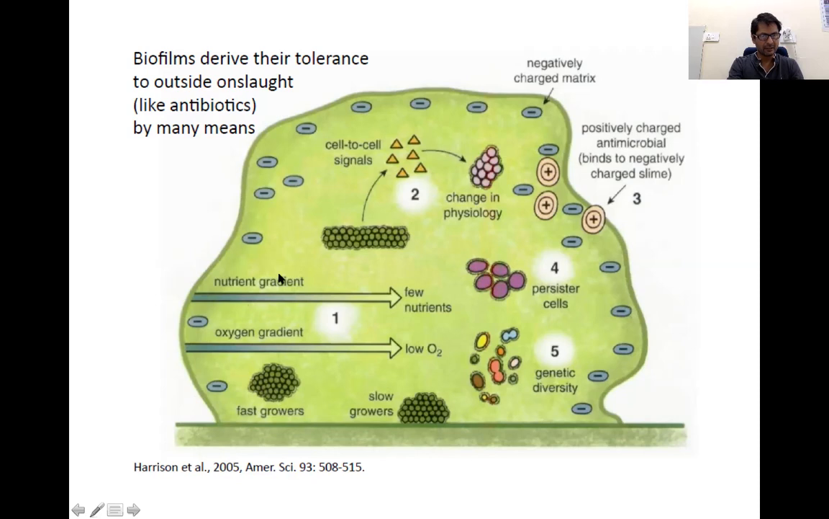Similarly, higher nutrients are found near the surface. So fast growers need more nutrients, so they are growing near the surface, while the slow growers are growing inside. So this is a very good model for inter-species coexistence in the biofilm. And all these species are benefited by one another in one form or another, right? So next,